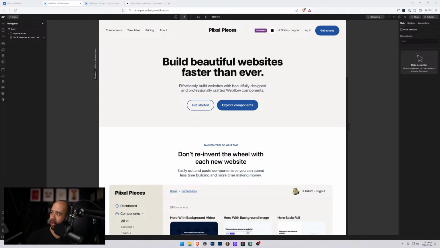I even switched my monitors as well, so I can't really see what's going on. So I have to figure out how I'm going to work with that. But anyways, it looks like screen sharing is good. All right. So we are just right here in our Webflow space, and what we did the other day,